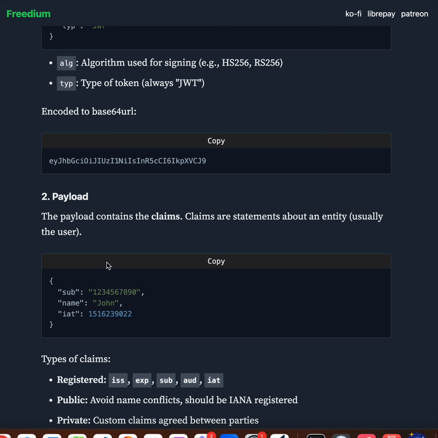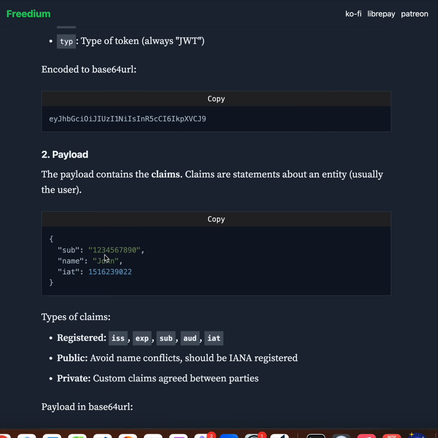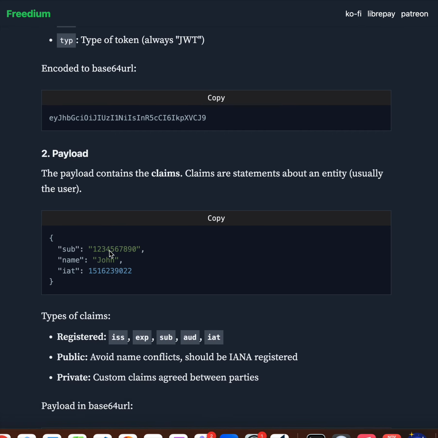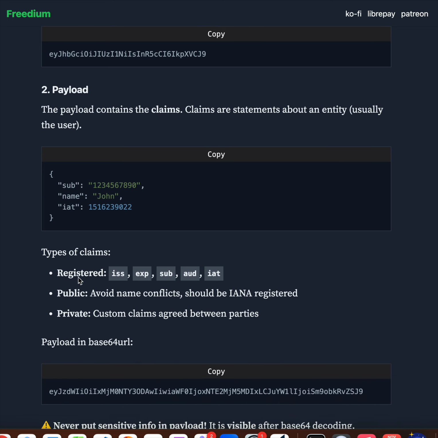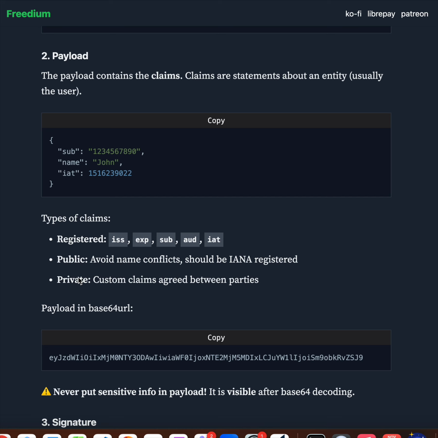And let's discuss the payload. The payload is basically the data it contains, and statements about an entity, which could be a user or something. So for example, subject, name, and these can be properties of that. There are types of claims as well, for example iss, exp, sub, or